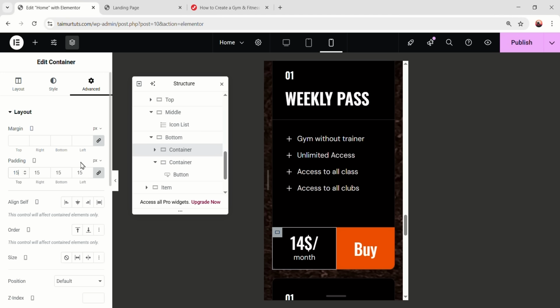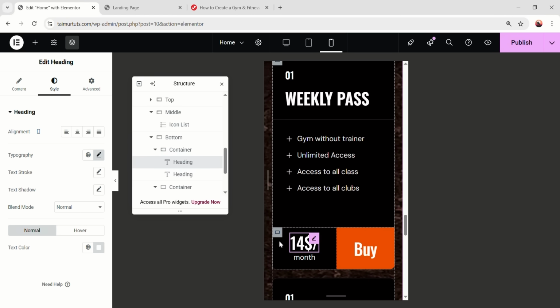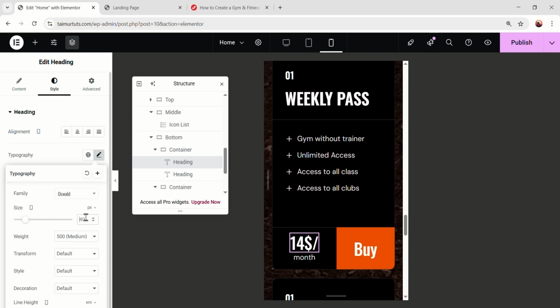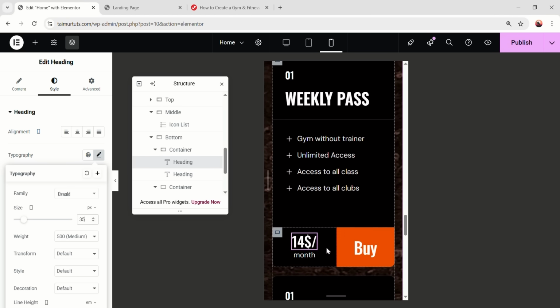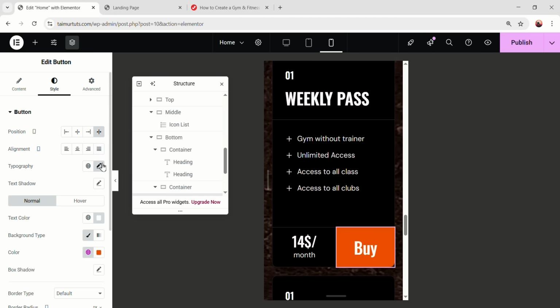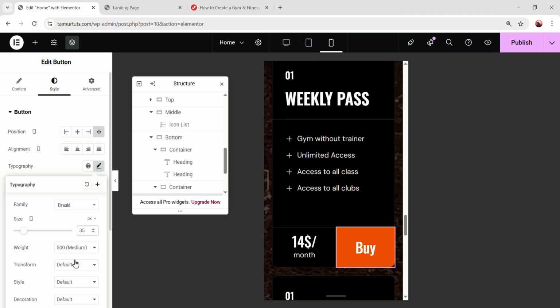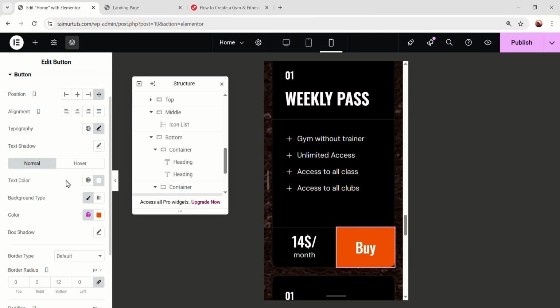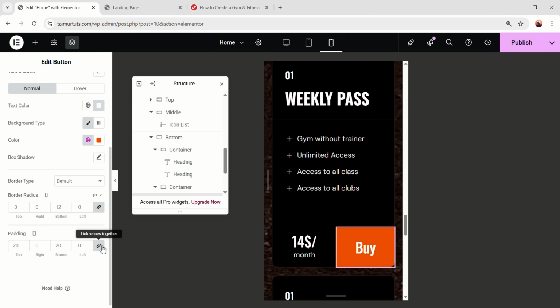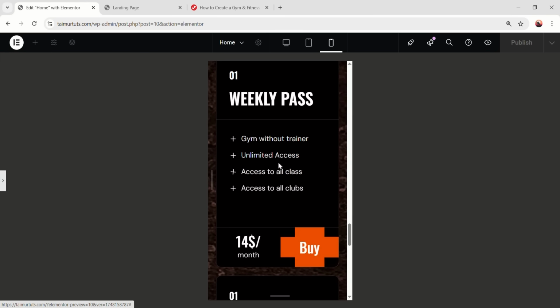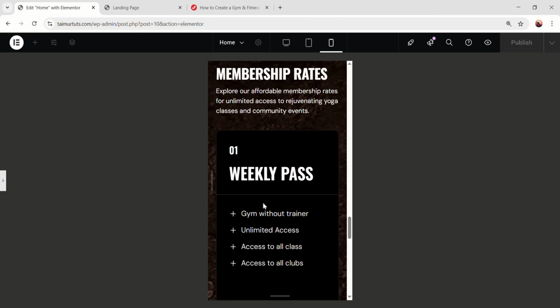Now we can just simply decrease the size of this, like 35, looking better, and then fix this button, decrease the size, 35, and let's decrease the padding, 15 on the top, 15 on the bottom. Okay, now this card is looking just perfect. So we can go back to the desktop mode,